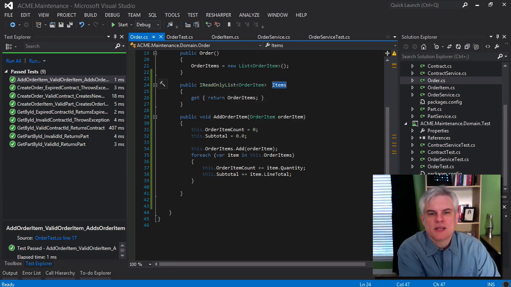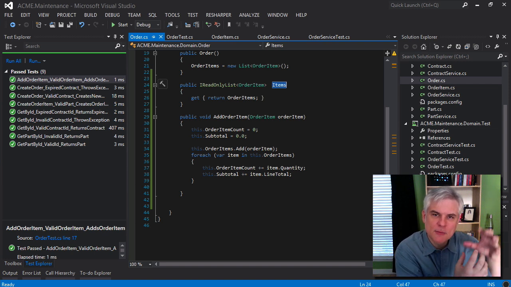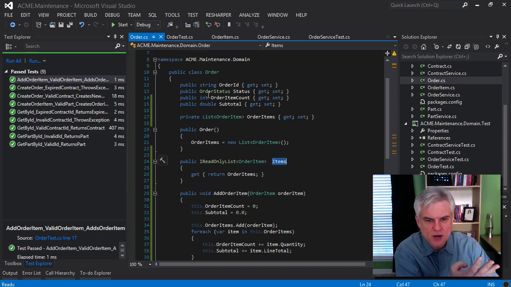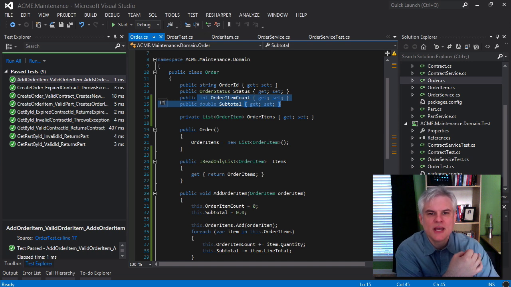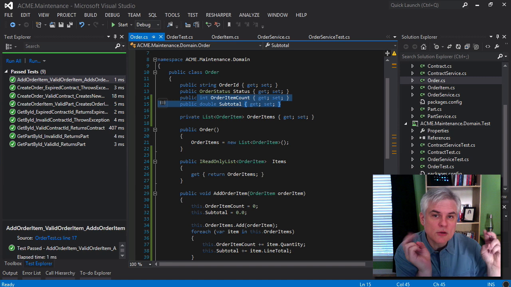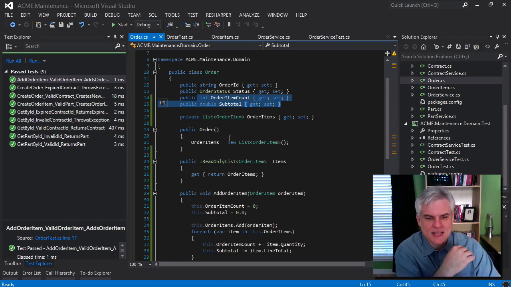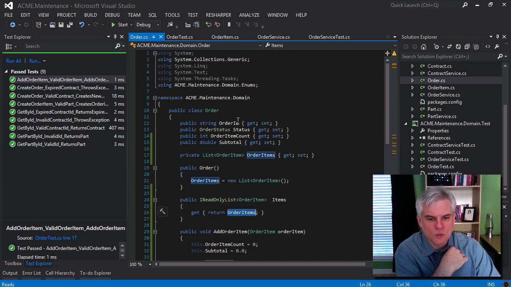I think this is going to be pretty easy. All that's really left to do is to create a number of order items and make sure that their quantities and their line totals match these properties that we added in the previous lesson as well for the order item count and the subtotal. And we could probably test an exceptional case here as well, ensuring that nothing blows up when there are no items in this items property, the order items private property there,